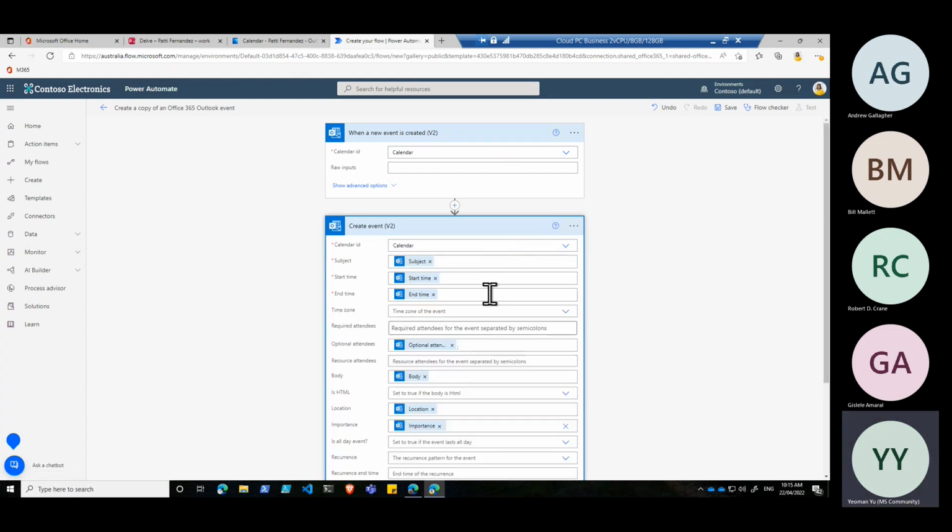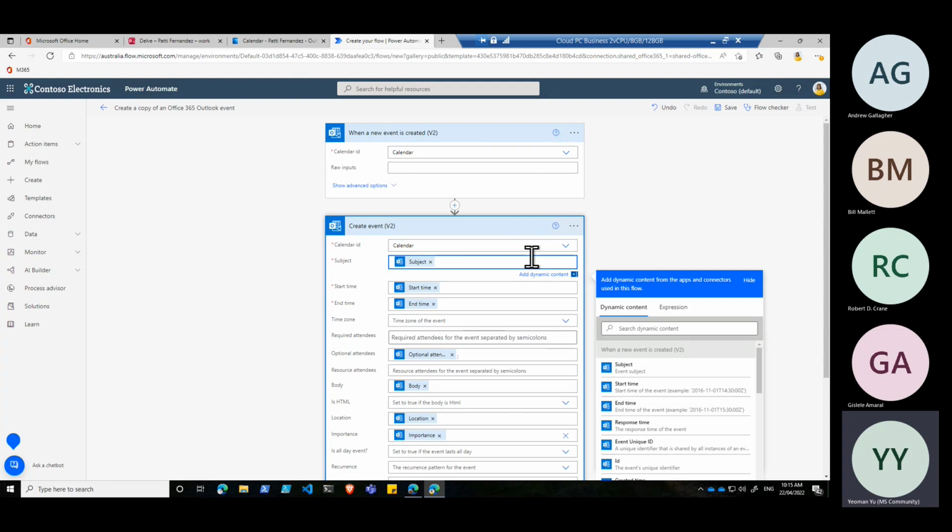So here you can actually modify some of the variables, and there'll be some that are actually quite important. So for instance, what I like to do is prefix the subject, for example, with, let's say it's the charity, or in this case, I'll just borrow PPCUG, the Power Platform Community User Group. I'll just prefix that in front of the subject. So when it appears in the other calendar, it'll actually be prefixed.